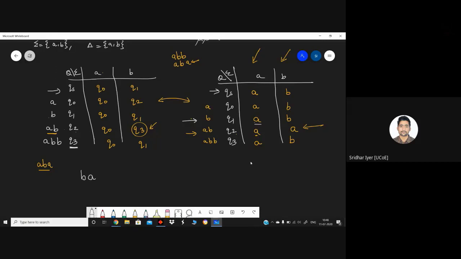On arrival of input B at Q2, it becomes ABB. I want to change the occurrence of ABB into ABA. That's why I have replaced the last bit or the output of ABB as ABA. That's why I've written AB and then output as A instead of B. Rest everything will simply follow this particular table only. Whatever is the last bit over here, that last bit should come over here as well.